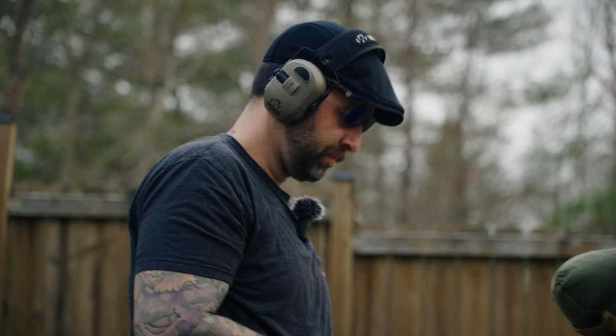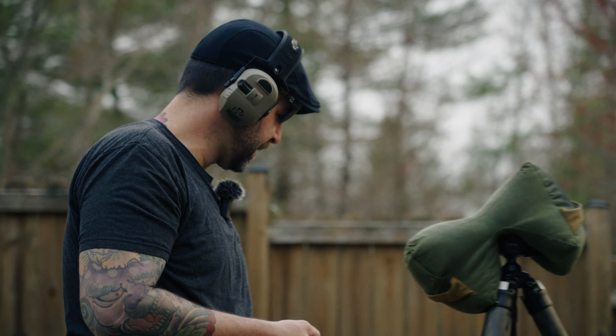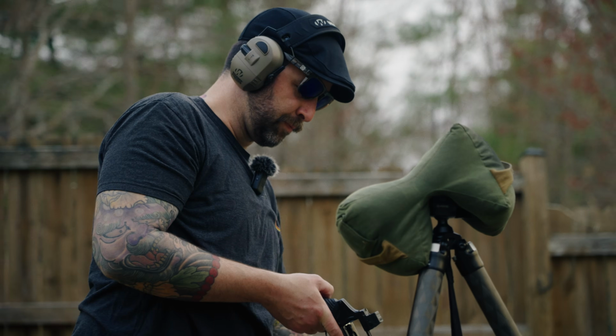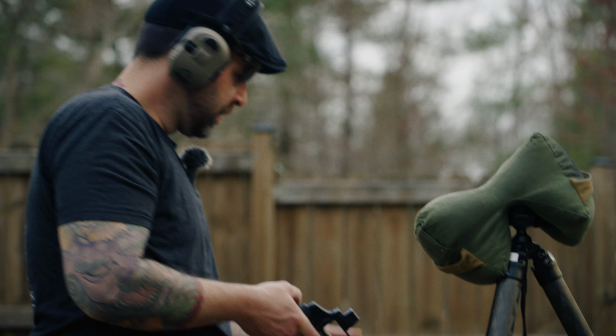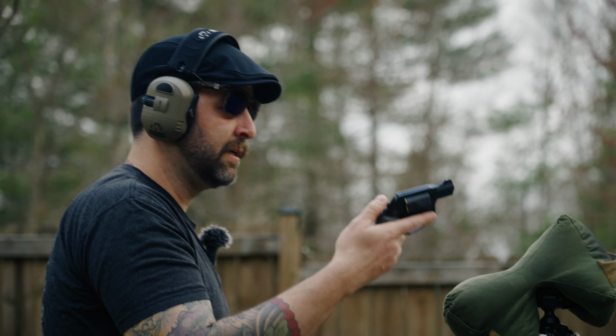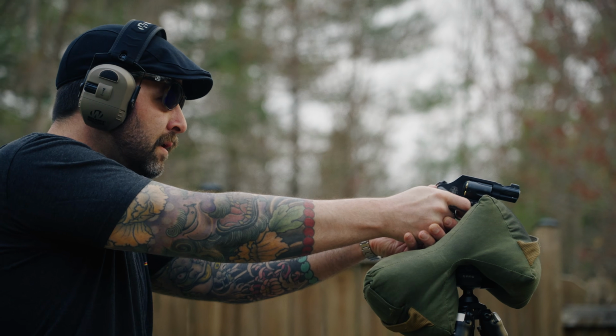I mean, it's still hard to perfect. It's still hard to get it perfect, right? Because you're still prepping the trigger compared to like the Smith & Wesson 360, which is